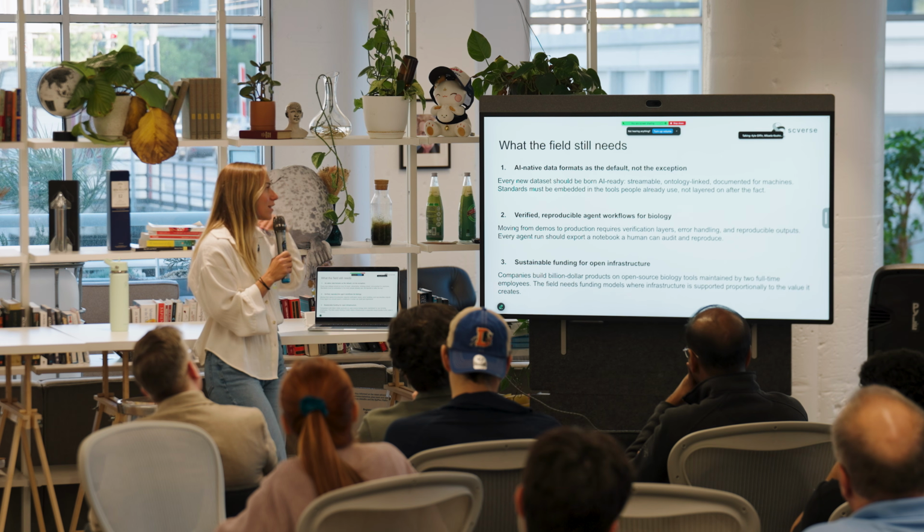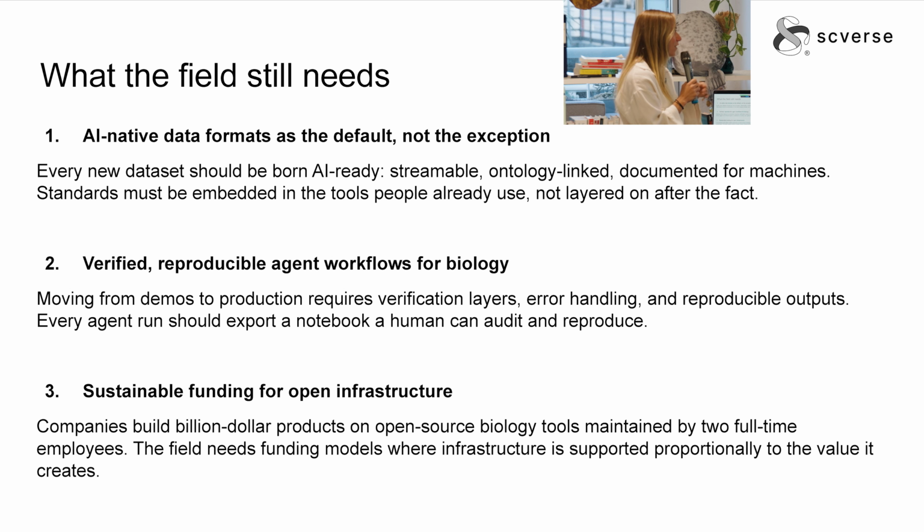And that's the final slide where I kind of repeat everything more or less, what we need next. I think I said it, I'm not going to bother you more. I think it is the data: they should be ready immediately to be read by the machines, with metadata. They should be able to be loaded properly with GPUs, especially taking advantage of GPUs and not just using them and wasting time, because the bottleneck is input/output and then you have GPUs just waiting. So all of these things should be produced directly and documented for machines.